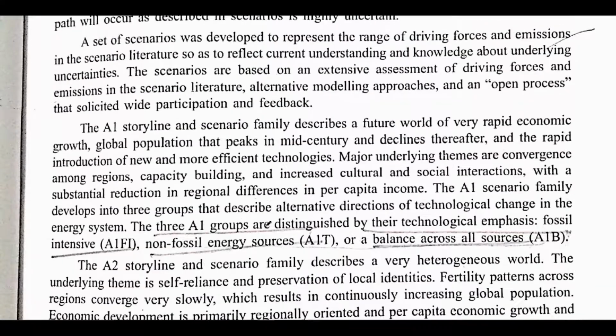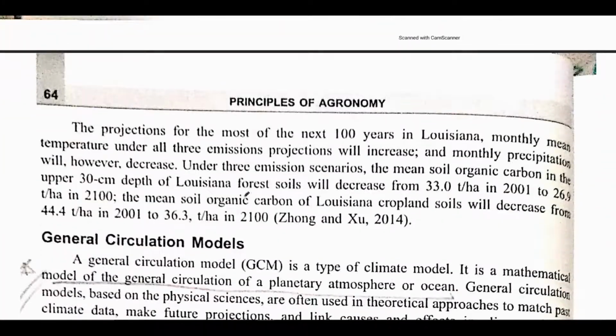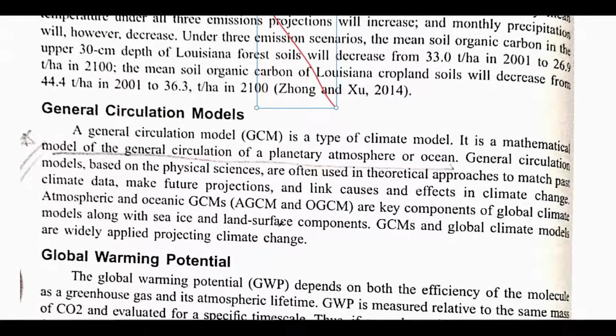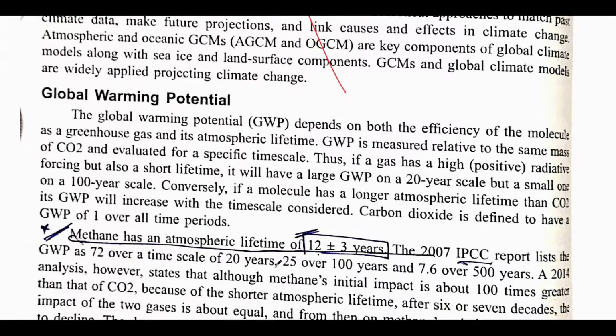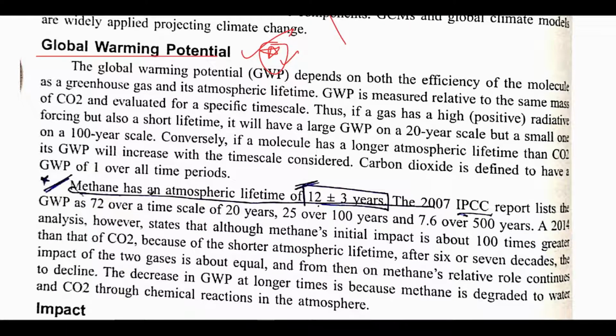Now emission scenario, this can be skipped, this is not important, this is also not important. Again, this is not important. Global warming potential, this is very important. If you have the agriculture terminology book, then go through this, and do not read this part from Reddy and Reddy, because it is not given in a very clear manner. It is very confusing, so do not go through this. For global warming potential, you must go through agriculture terminology by the Indian Society of Agronomy.